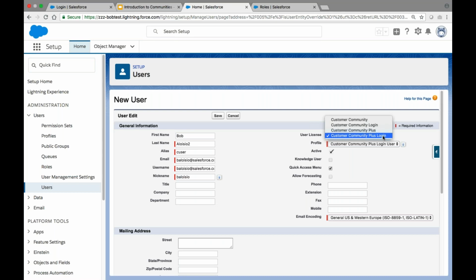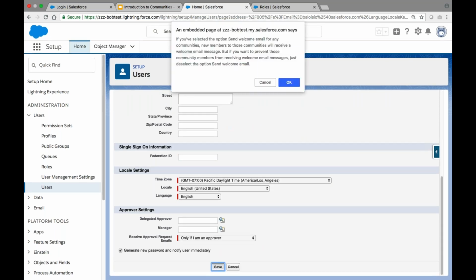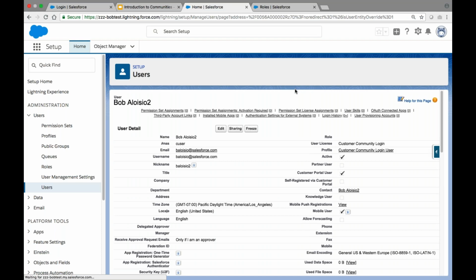We want to set the user license to be Customer Community Login and set the profile to be Customer Community Login User. Make sure the active checkbox is checked and then click Save. Sorry about that. I already had a user created, so I had to just give it another name.